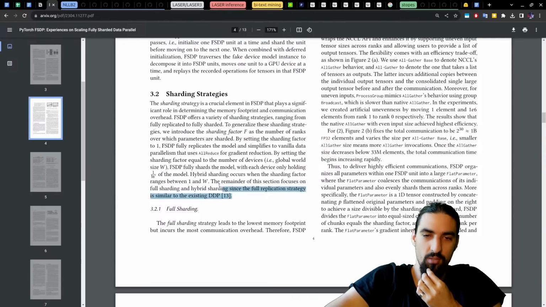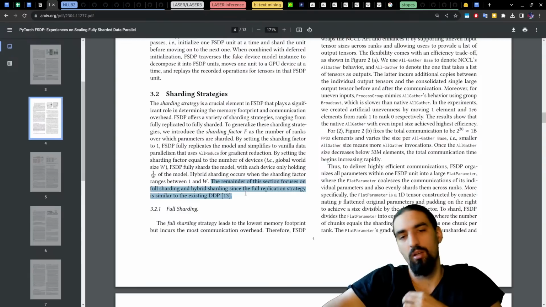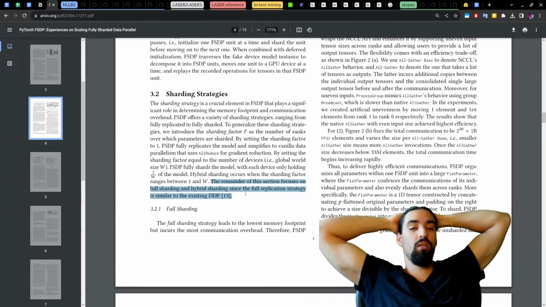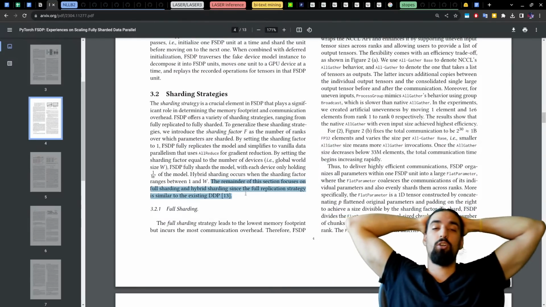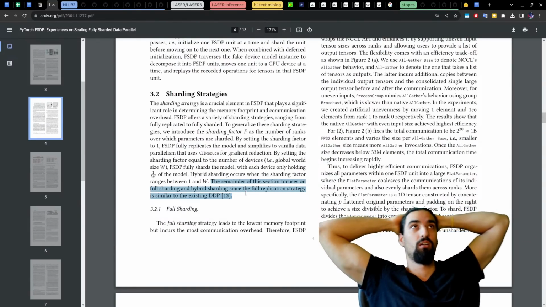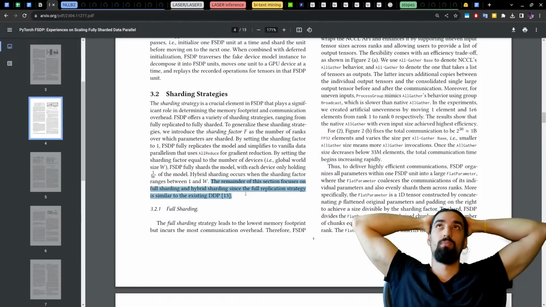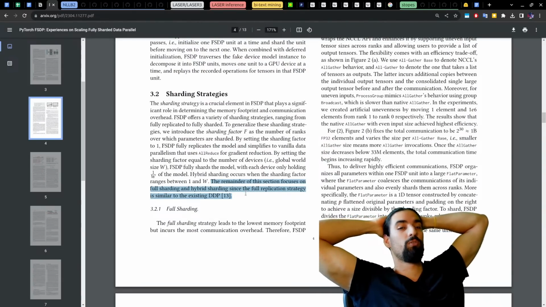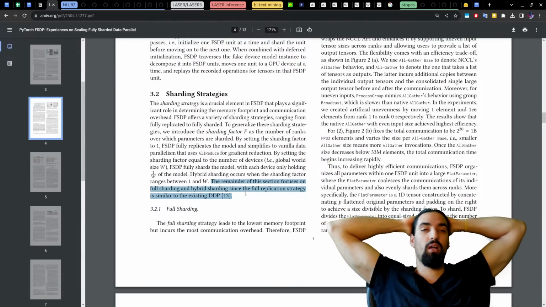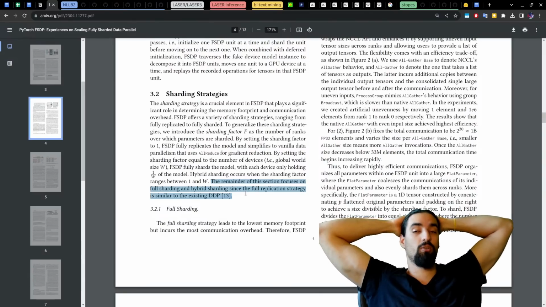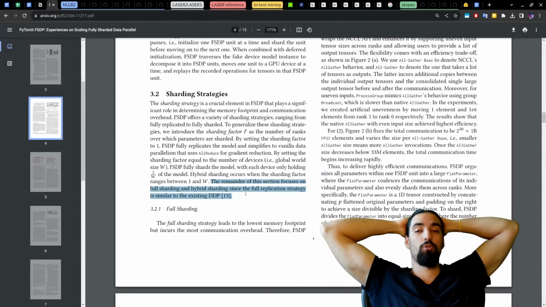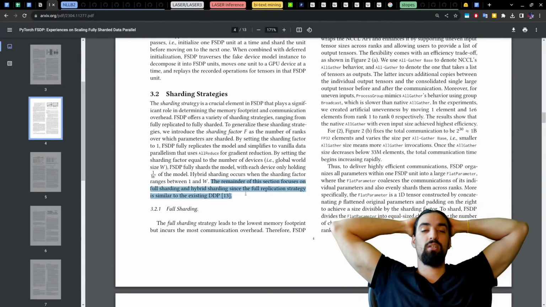Okay, so it's just a spectrum between DDP and model sharding of Megatron, and then you combine. So it's like 2D parallelism. If you know the 3D parallelism for Megatron, check out the paper if you haven't already. By the way, I made a video on this whole topic, so most of these things are already familiar to me. So I'm just trying to pattern match and maybe understand some additional differences.